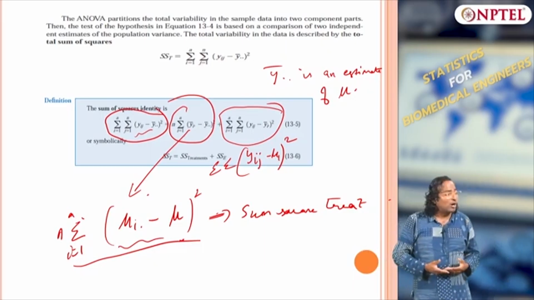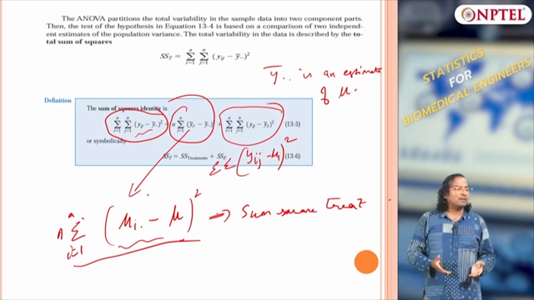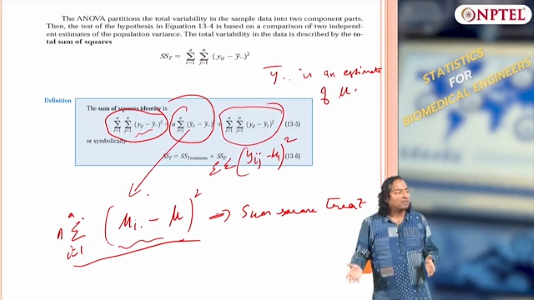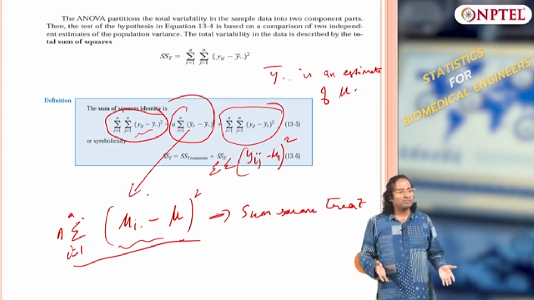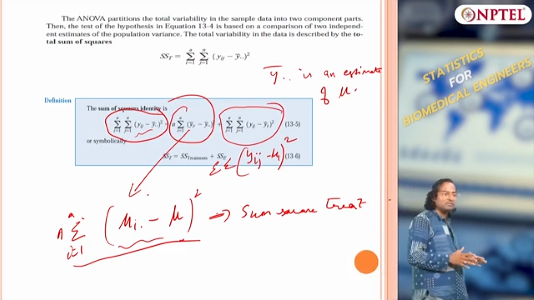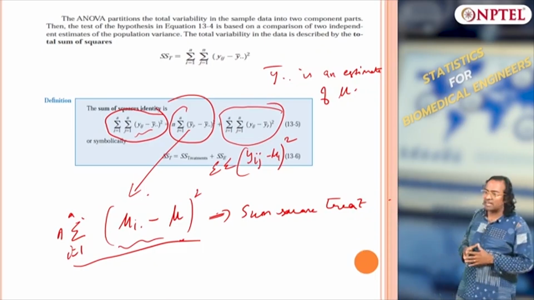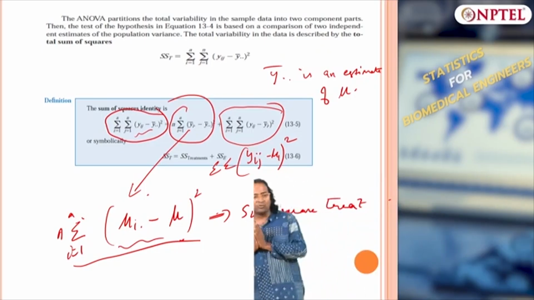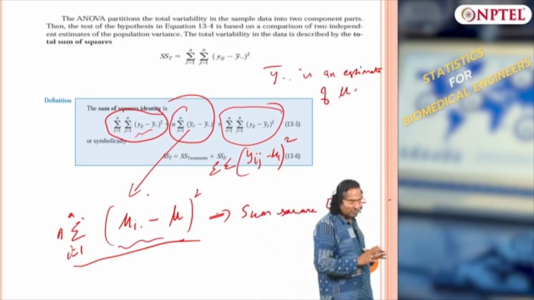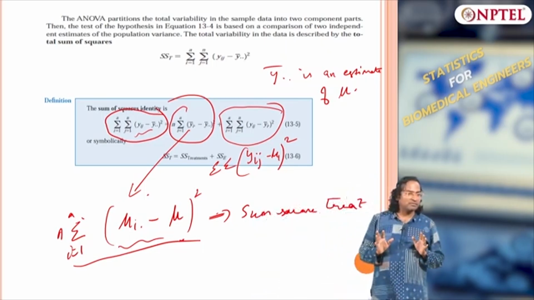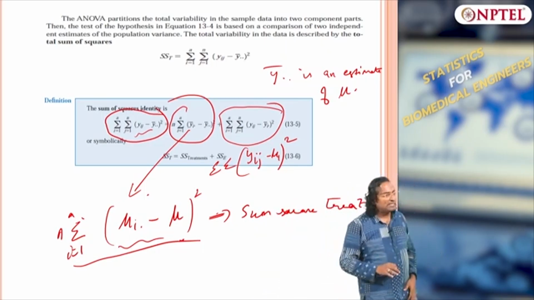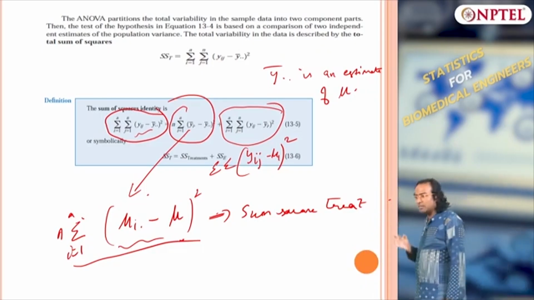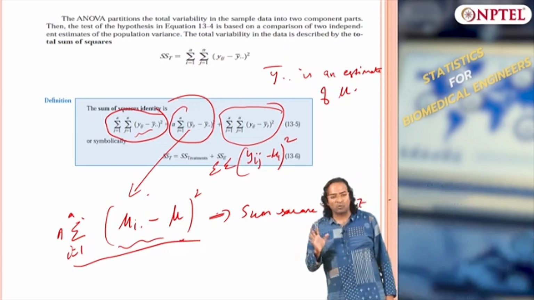That is mainly because of what? Treatment effect, and within that same treatment there is a variation because of noise effects. That is what the second term is. So, the overall variation is classified into 2 parts, treatment effect and noise effect or error effect. So, we have sum squared treatment plus sum squared error, clear. So, that is the sum square total. So, sum square total is equal to sum squared treatment plus sum squared error,